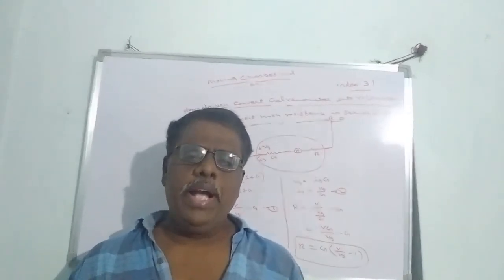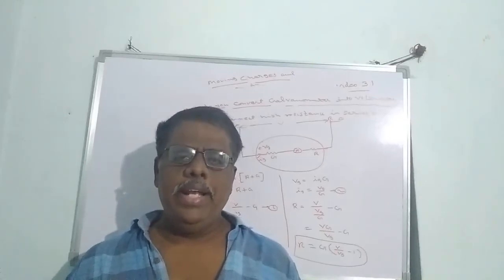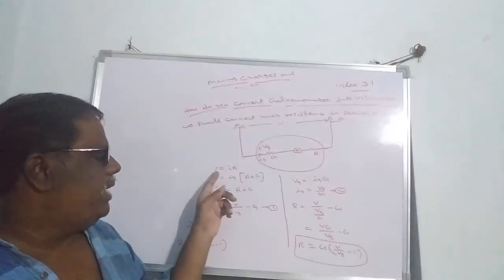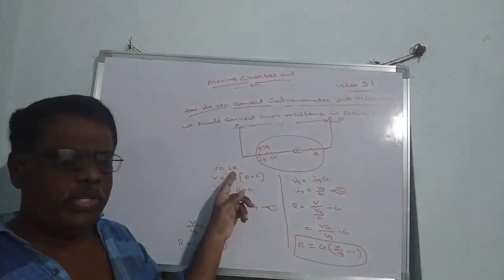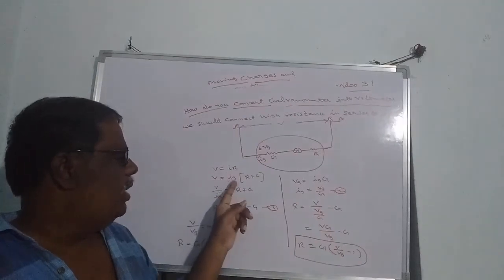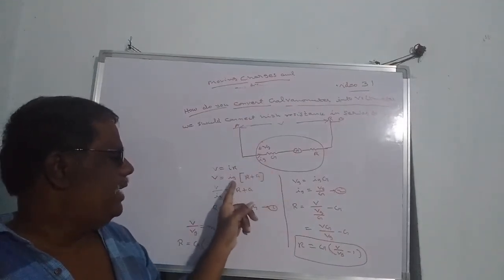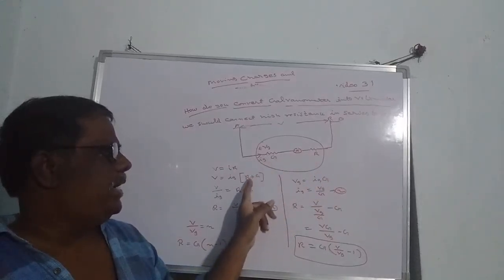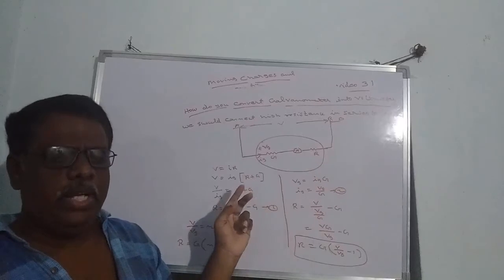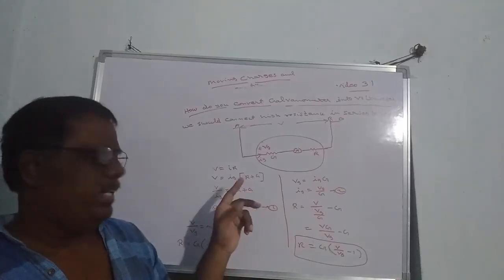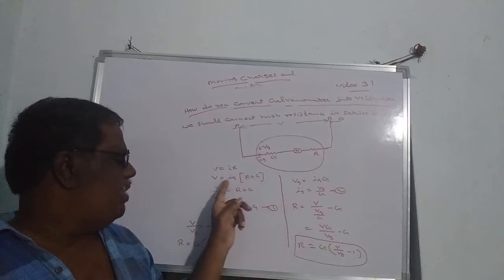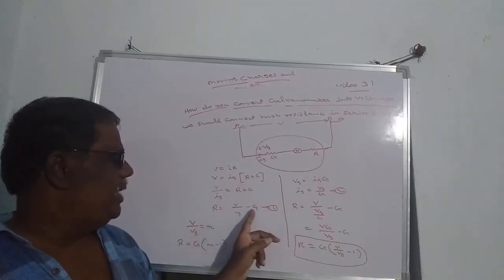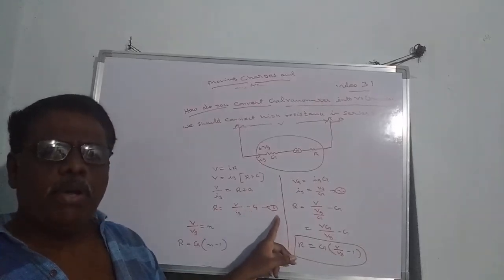So here, how do you convert a galvanometer into a voltmeter? A high resistance should be connected in series to it. Then the potential drop will be V, the general formula from Ohm's law, V is equal to IR, where I is the galvanometer current Ig. The resistors are in series, so all resistors are added: R equals R1 plus R2 plus R3, like that, R plus G. So V by Ig is equal to R plus G, or the external resistance R will be V by Ig minus G. This is equation number 1.